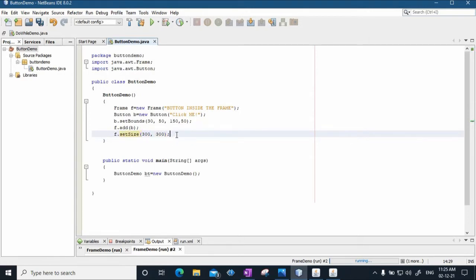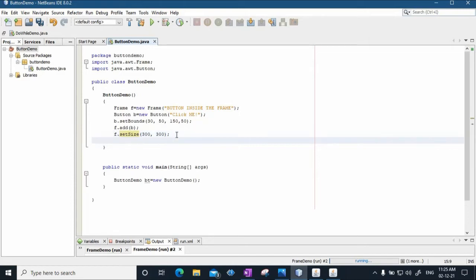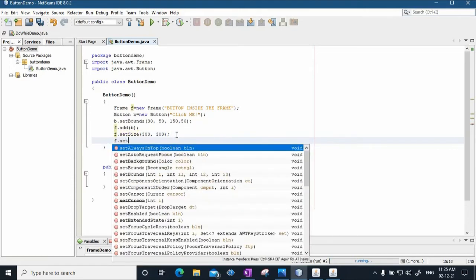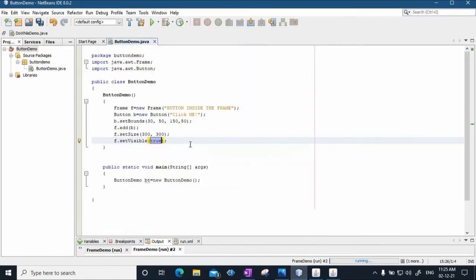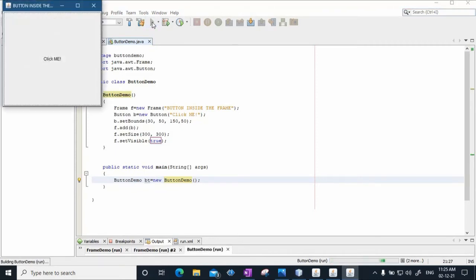Let's say the size of the frame is 300 by 300, and then I will make this frame visible. So setVisible, and always it will be true. So this is the code that I have written in the constructor of the ButtonDemo class. Whenever an object is created, the constructor will be called and all this will happen. So I will save this code and run this particular file.